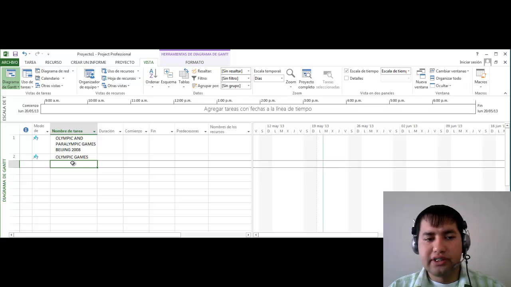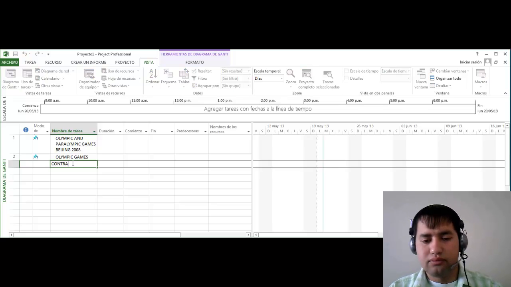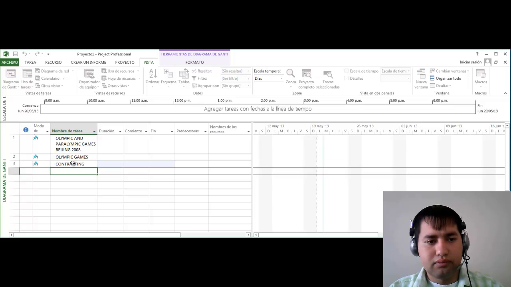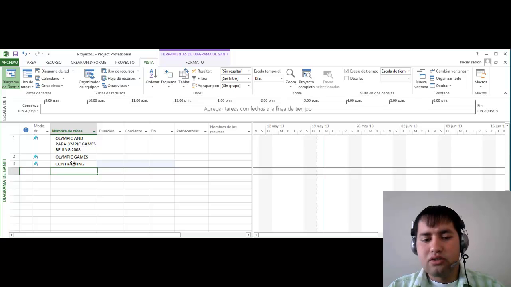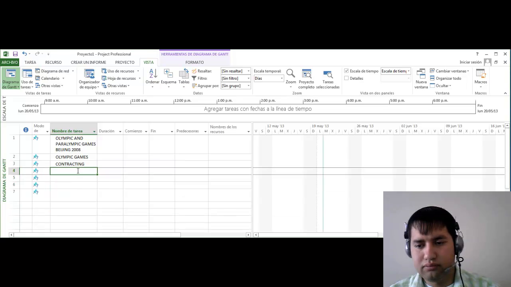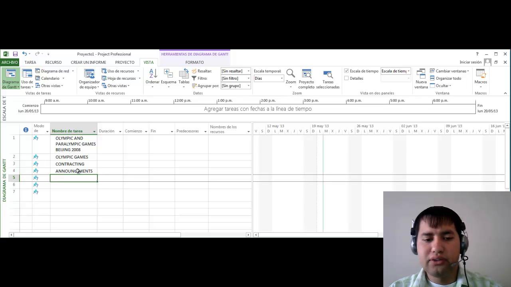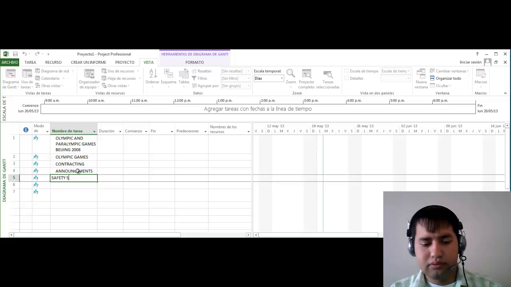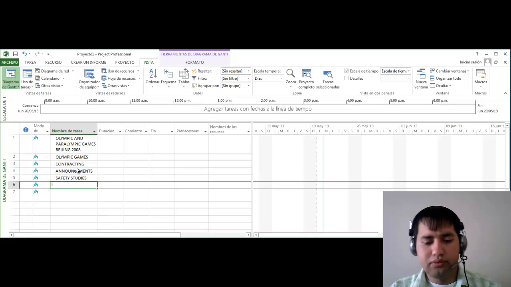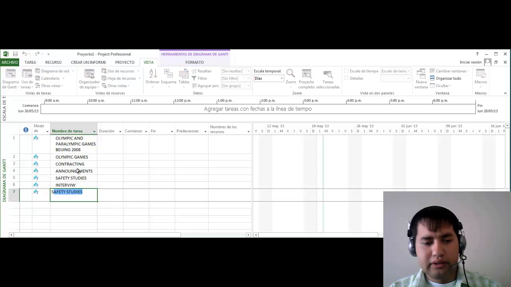Then we place the subtasks: Contracting, Announcement, Selection of students, Interview, Staff Preselection,